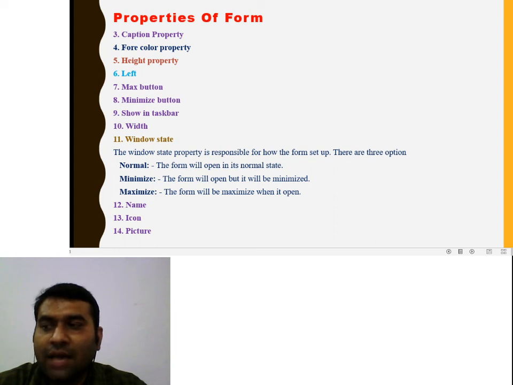Icon. The icon displayed in the form's title bar is set with the Icon property. The Icon property determines the icon to display on the taskbar when the form is minimized at runtime. Next is the Picture property. A form can show a picture in the client area, the working area of the window, or on the controls. The settings for the property are paths to .bmp, .gif, .jpg files. These types of files are used with the Picture property.